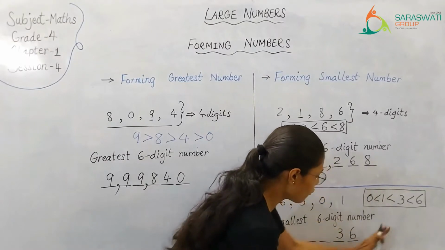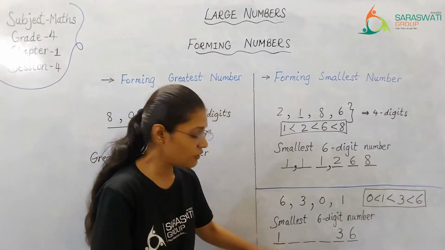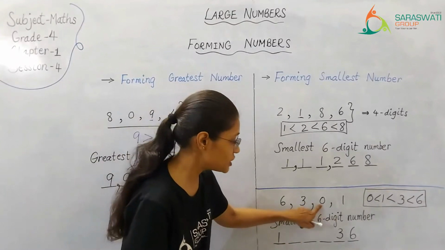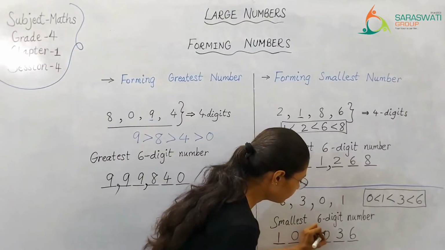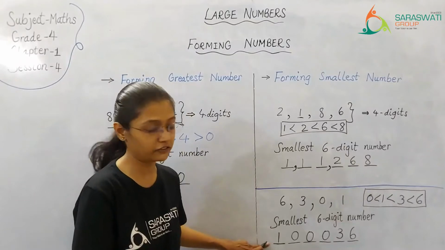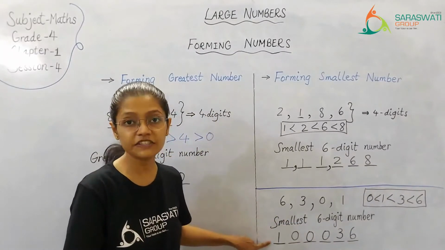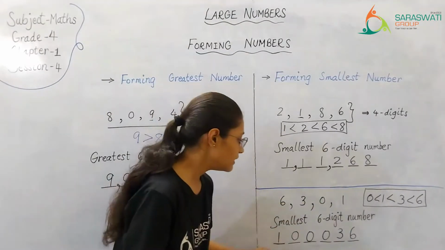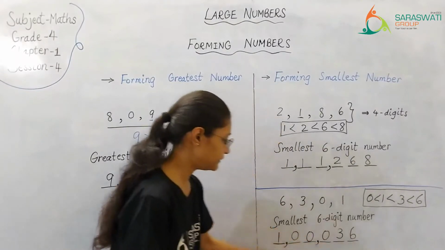Right? So over here we will write these 2 digits, first the smaller one and then the next one in the ascending order. Now here in these 3 places we will repeat the digit which is having the least value, that is digit 0. So we will repeat this digit over here. As 0 is in the middle, it is not in the leftmost place. So now this is considered as our smallest 6-digit number that is formed using these 4 digits, and the number is 1,36,000.